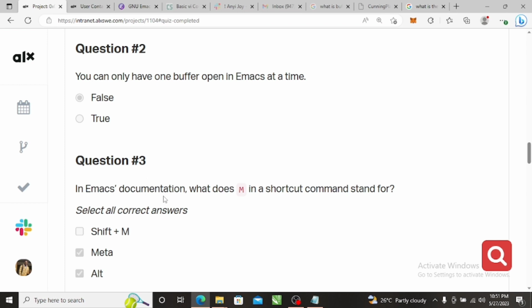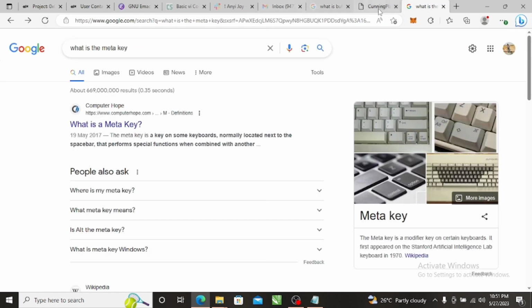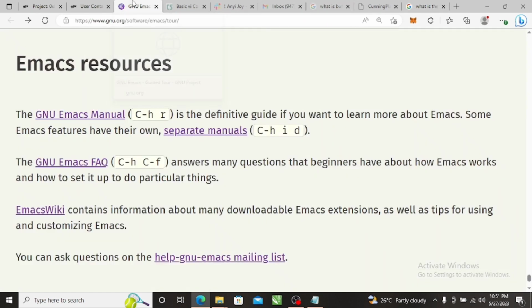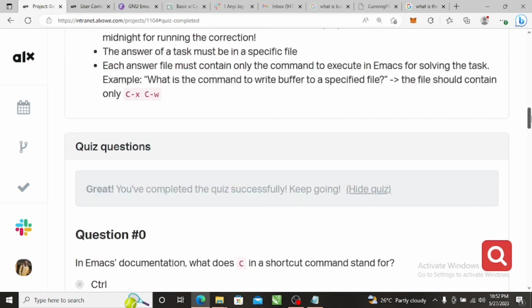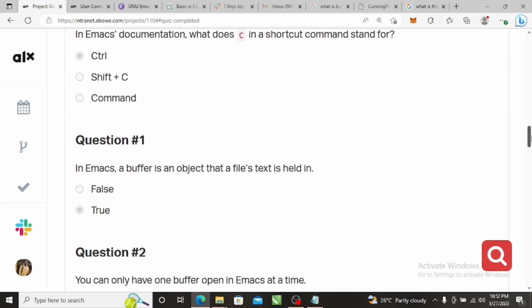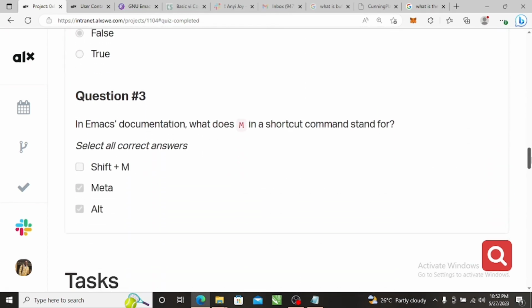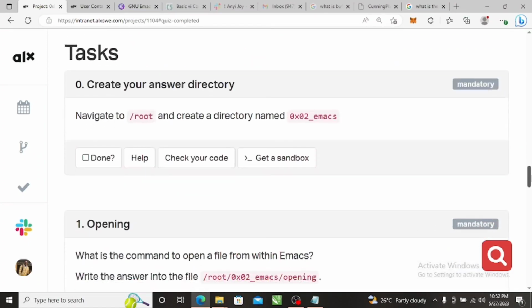So in Emacs, like we just did, M is meta and also the alt key. Okay, so that's why we asked what the meta key is. Okay, so we are done with this. So let's now go through the questions. Control, true, false, meta, alt, right? So